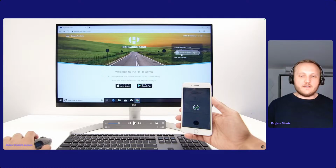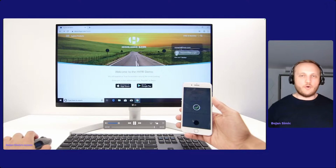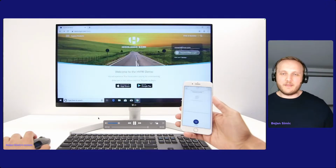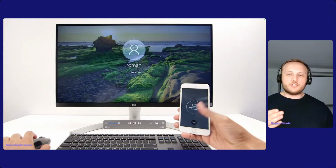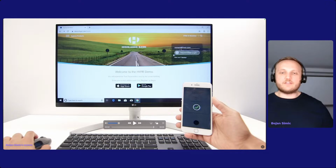If you notice, they initiate the login into the computer from their phone, kind of like you would to open your garage door or unlock your car. It works the same way. The user is not responding to a push. And this applies to computer login as well as any sort of web login. So that essentially makes sure that the threat of push bombing is never there because the user never gets a push notification to accept. And so this prevents the entire chain of phishing attacks that Scattered Spider and other similar